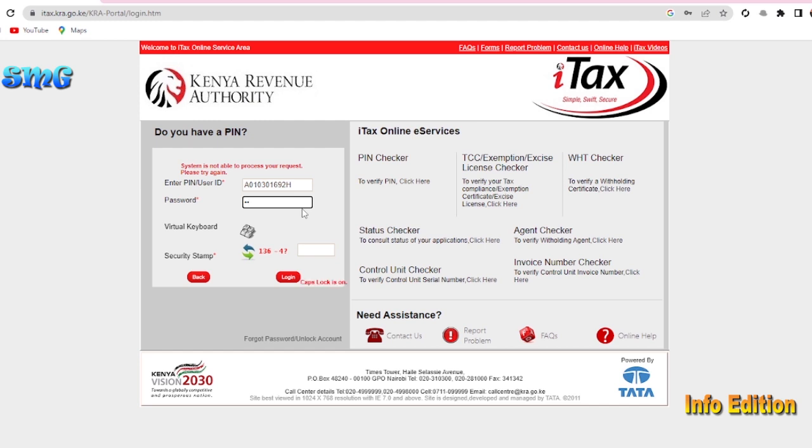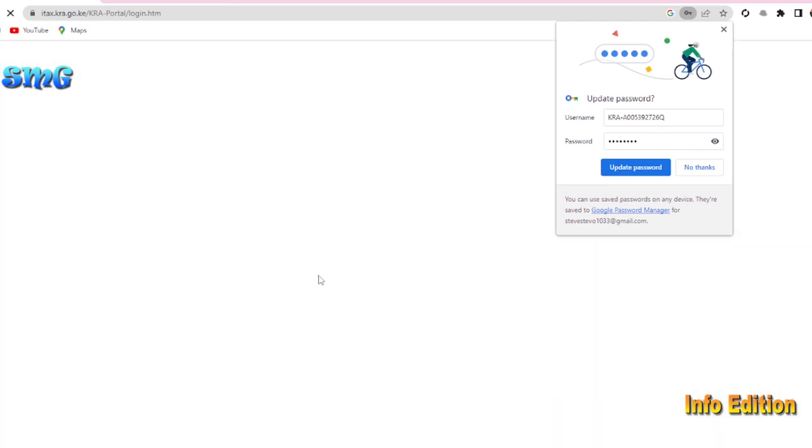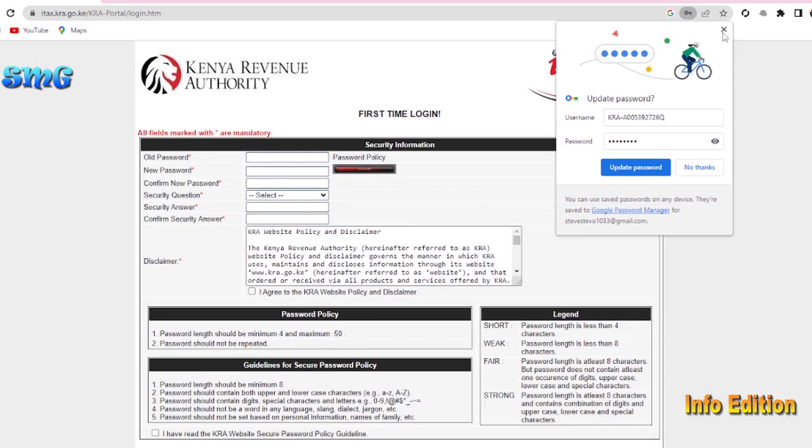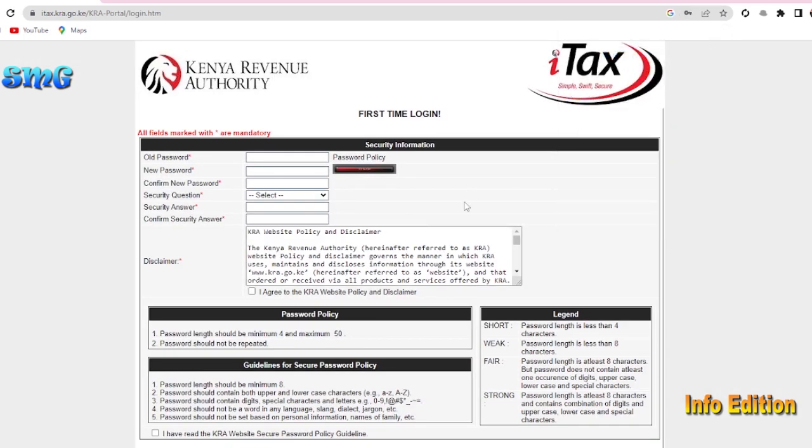Let me just input it here. I've done so. Then again you have to come to the computation of this sum here, then log in, and once you click login you'll be brought to this page